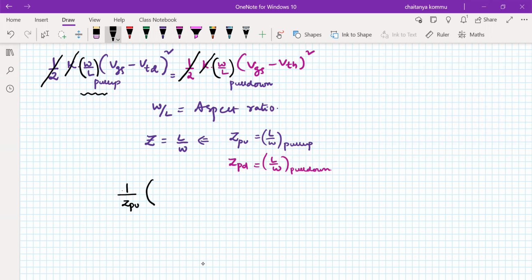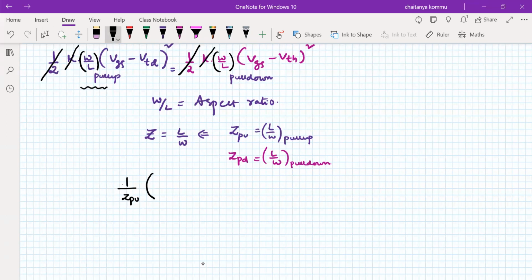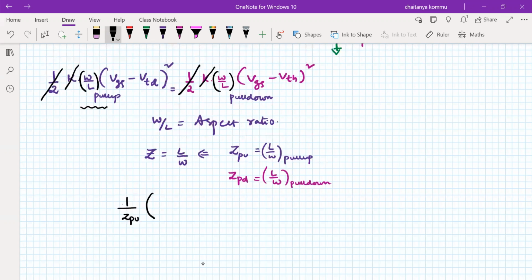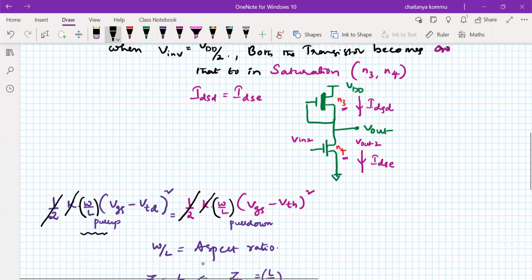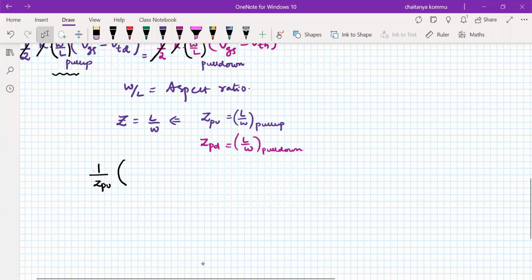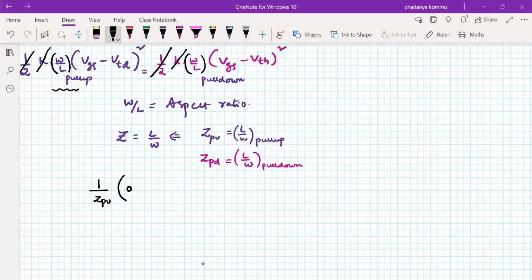Fine. Now what is the VGS of the depletion type mode transistor? For the depletion mode transistor, VGS is equal to, gate and the source are at the same potential. That means that is 0, minus the threshold voltage of a depletion type mode transistor whole square, which is equal to W by L, 1 by ZPD, pull down